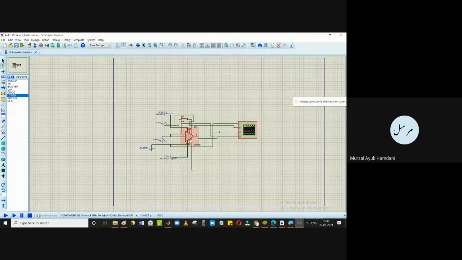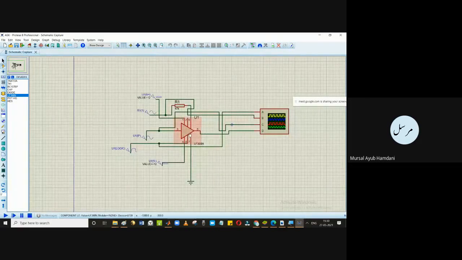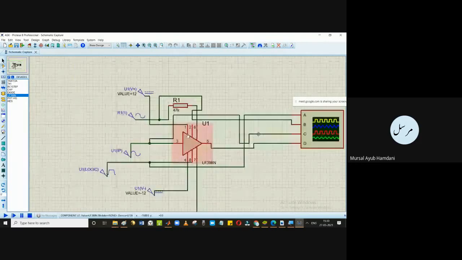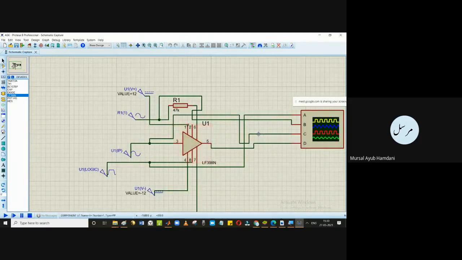Now, what is being done here is it will have different pins. I'll just go about talking about that. First, let us see pin number 1 and pin number 4. These are its supply rail pins, and its DC value is plus 12 to minus 12. This pin 2 is something which will not be needed in this.